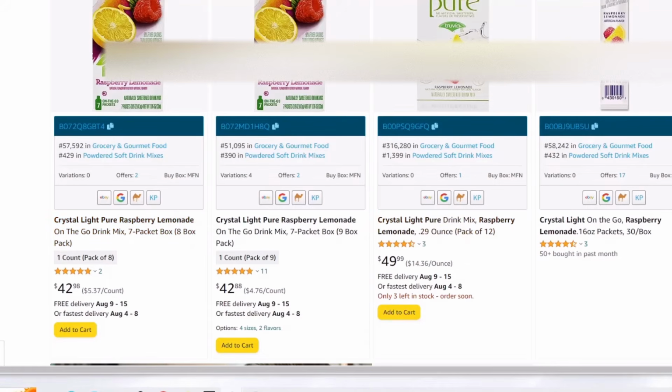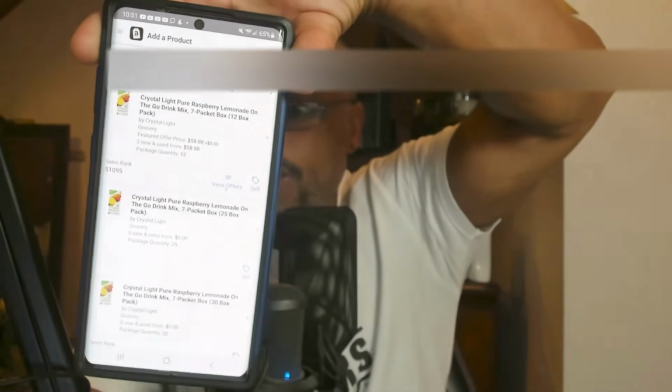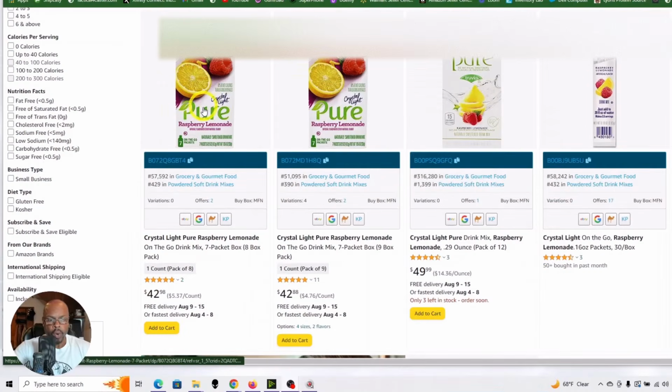Now, remember, if you were using your phone, it would look something like this, and you would have to scroll around and find the right one that way. But once you find the one that you're going to go with, you want to get on that listing so that you can really look around. But remember, we're going to go with this 8-box pack.